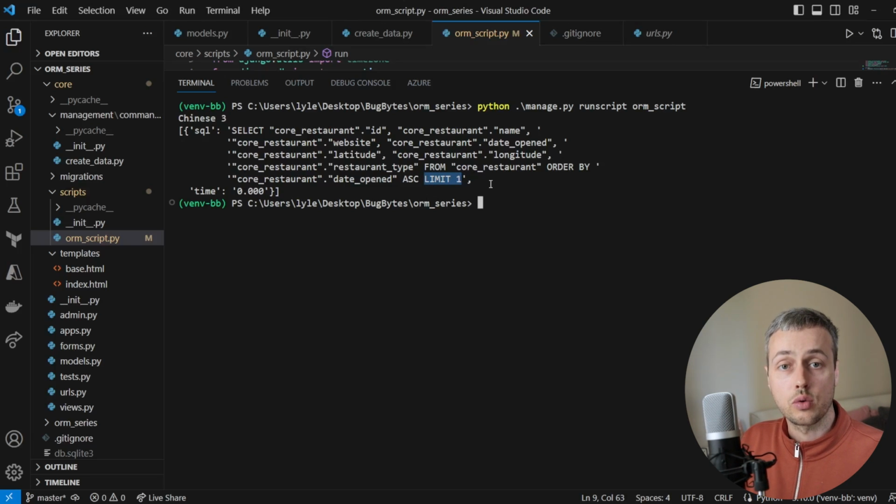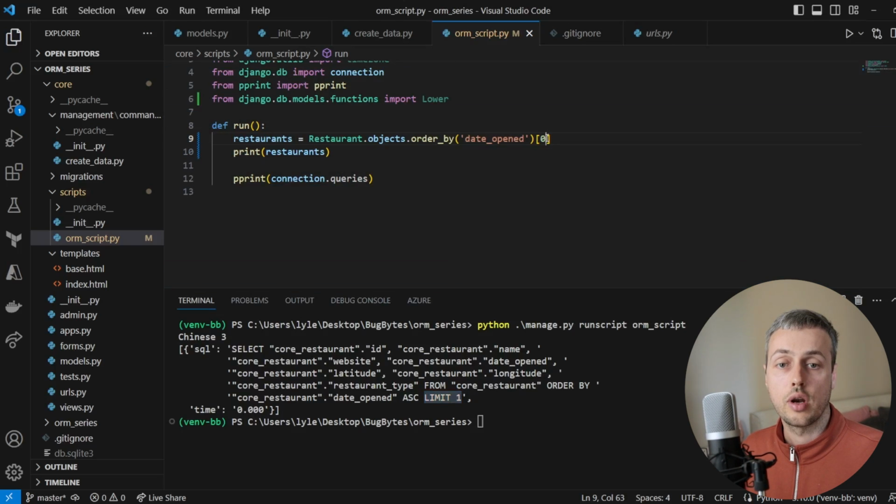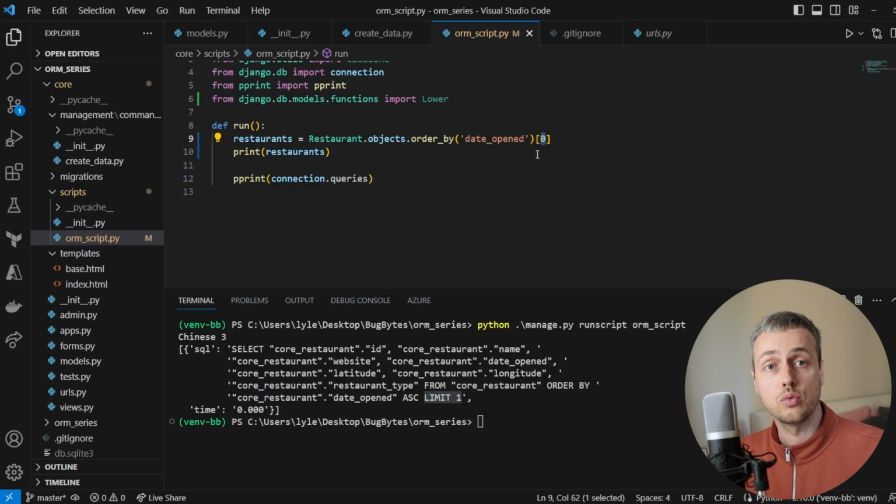Now limit is an SQL keyword, and it's used to control the number of rows that are being returned to the caller. And when we limit to 1 here, it's going to return a single row, and that's because we have indexed in, and our indexing doesn't contain any slices. We're hard coding an actual index, an actual number here, so it's going to return a single model to us,